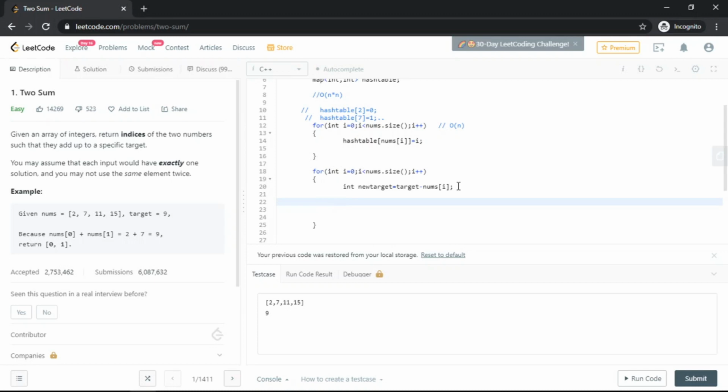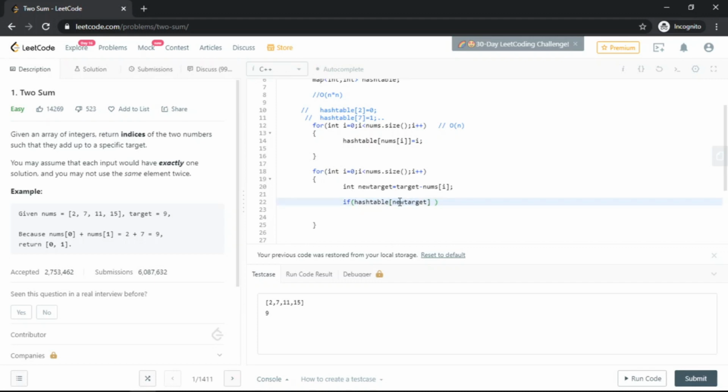So, as we have said, 9 minus that means target minus element. We will check whether this element is present in our hash table or not. The same thing we have done out here, so no need to write it again in an if. We'll just check whether the new target is present in our hash table or not.